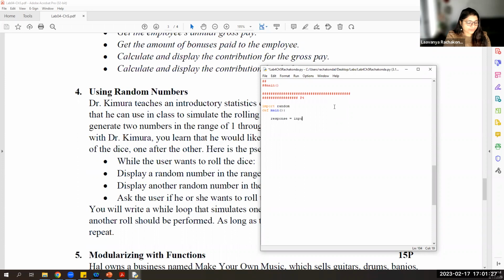Response, so input, do you want to continue? Enter Y for yes. Now, while response, what should be the condition? As long as the response is yes, only then you should roll the dice. So while response is equal to Y,